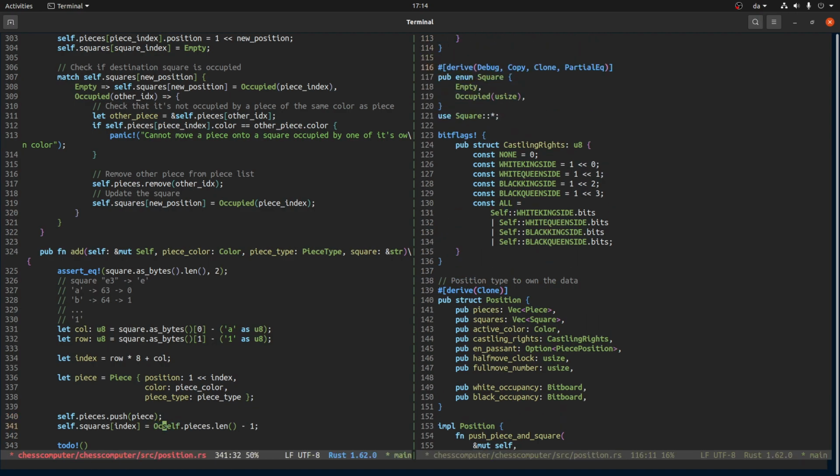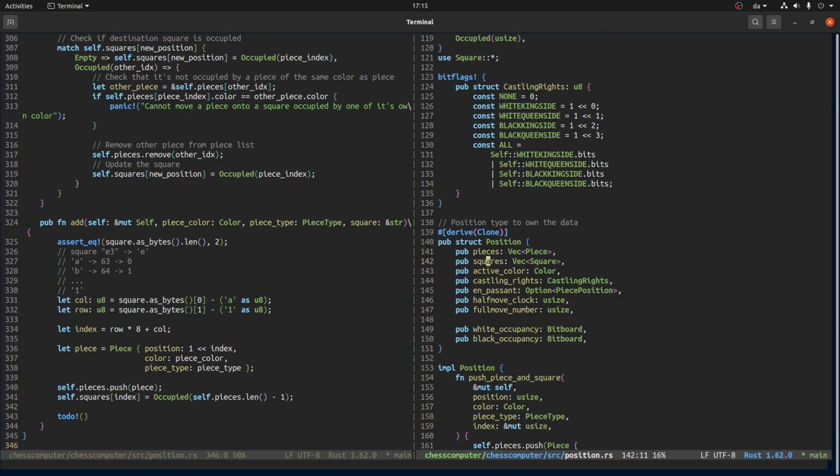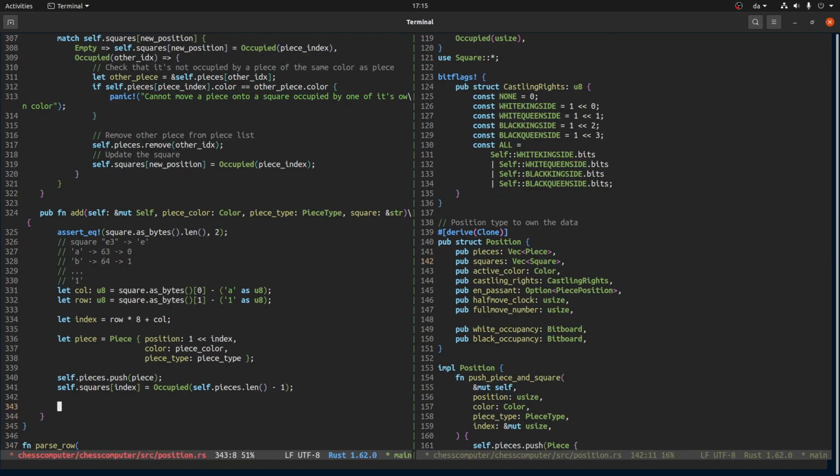Let's make sure the correct square references that piece, and then we are good. So the way it works right now is it overrides whatever is in the square,